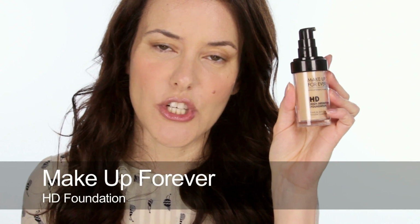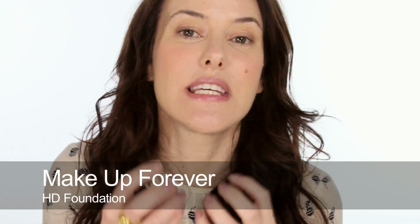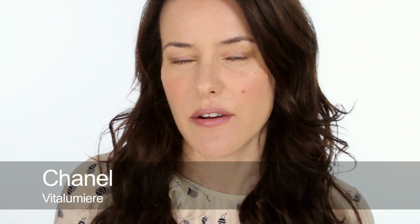If you need a little bit more coverage, then something like, I've just used Makeup Forever HD, which is, again, you're looking for that fineness of texture, something that is imperceivable on the skin. You don't want it to be sitting in the lines or so you can see it. And if you've got very dry skin that's also uneven, something like a Vitalumiere from Chanel is good, because again, you can put it on quite thinly. It's going to even you out. It also is going to give you a little bit of illumination, which is useful because as you get older,